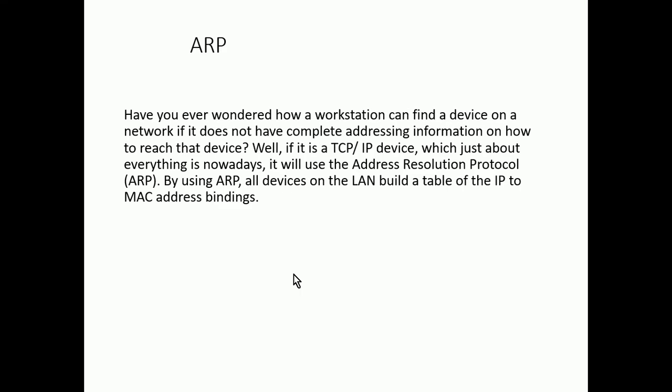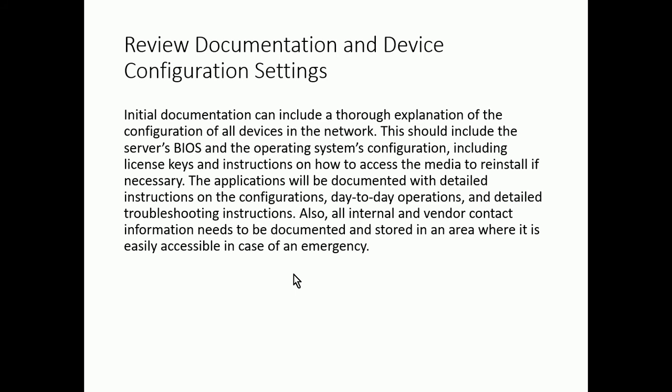ARP is the command that gives you information about MAC address to IP address mappings. So it'll tell you which IP addresses are mapped to which MAC addresses. Sometimes you have to clear that table, the ARP table. We'll talk more about ARP and how that affects network security and cloud security later on. So we'll talk about that again. A lot of these we'll revisit again as we go through some of the security concerns.